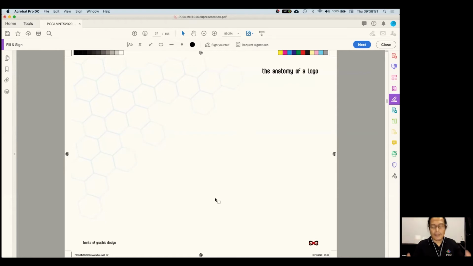what makes a logo? The anatomy of a logo. How do we determine the shape of the logo? How are logos or icons developed? Of course, it starts from scratch. You have a concept, you have a product, you have something to sell. You need a logo for that. As such,